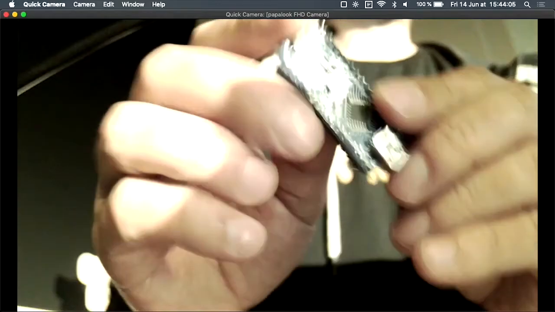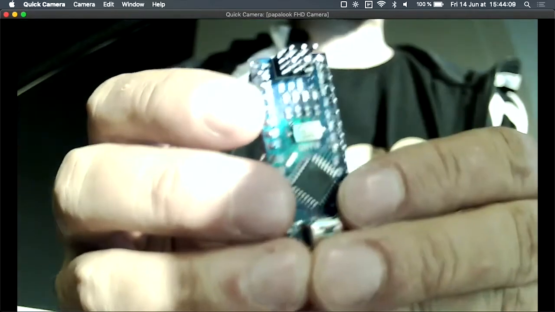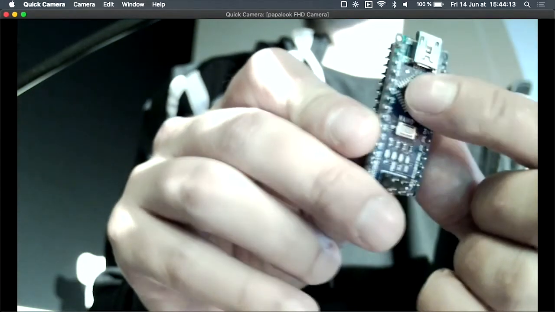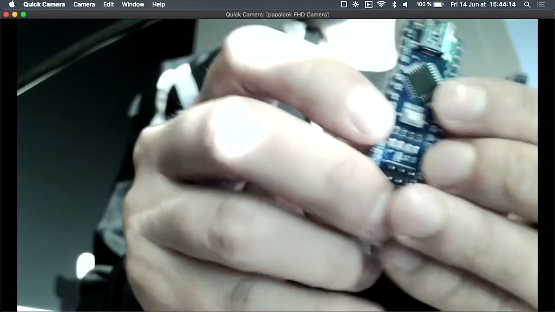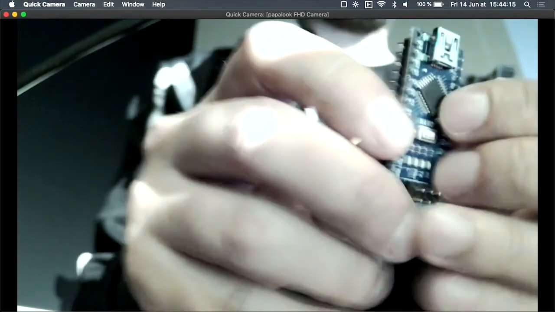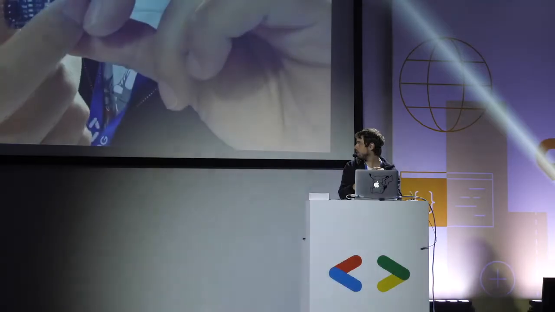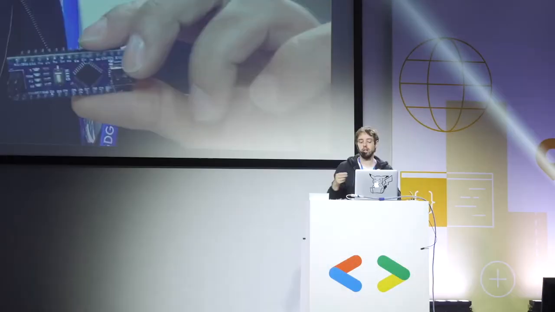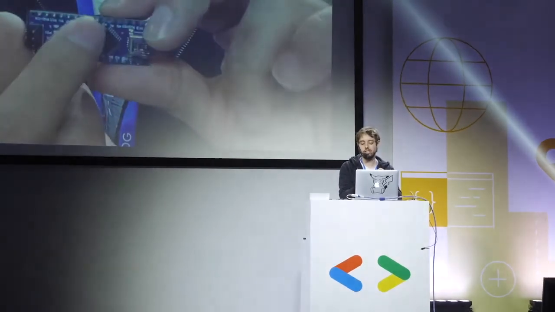One of the most famous microcontroller platforms is the Arduino Nano. You probably heard about this one. The Arduino Nano is actually composed of a microcontroller, which is this black part here. It's an Atmega 328, and it's 16 megahertz and 2 KB of RAM. You can see around it all the gray parts are the input-output interfaces, but it's quite complex to connect anything to those very, very small pins.